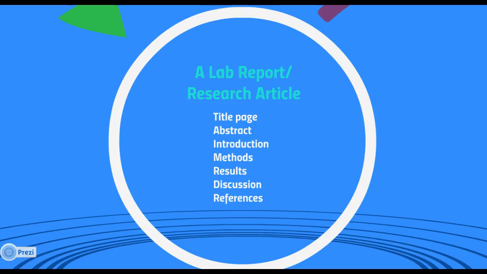The discussion section is your extended commentary on your data and a restatement of your findings. You should examine patterns in your data, discuss any conclusions you made, and describe what steps could be taken to improve your study. Finally, you end with your list of references. Every source you mention in your article must have a full citation in APA style, corresponding to an in-text citation in your paper.